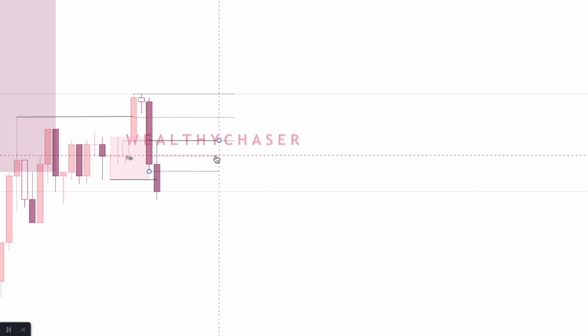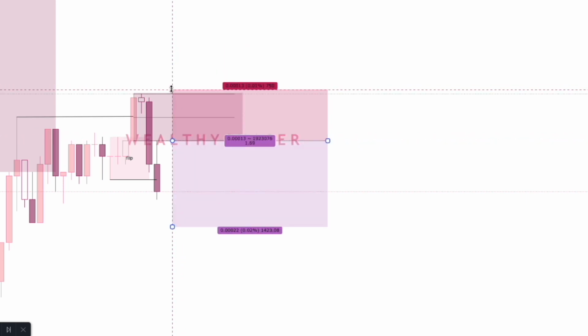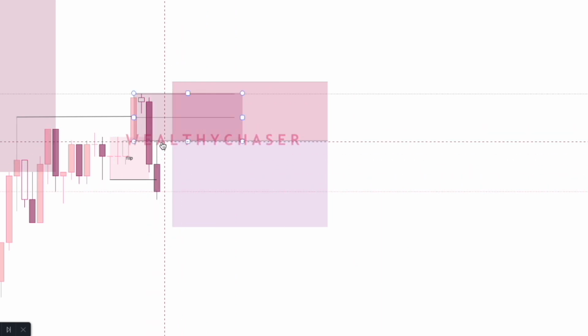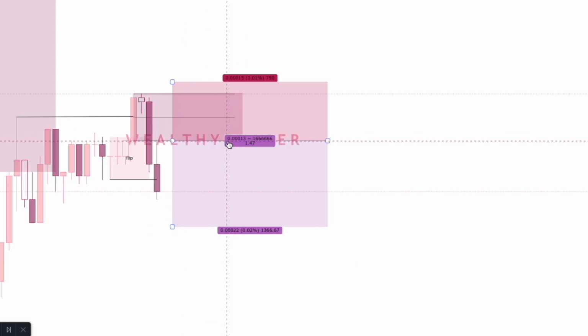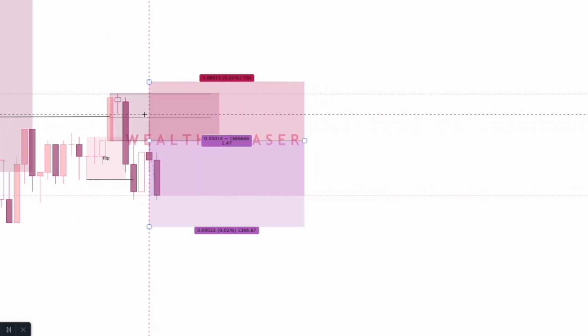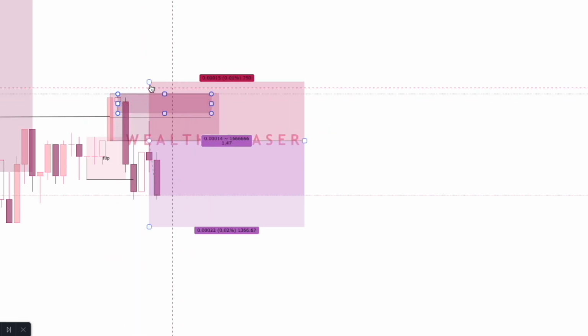So nose on for me here. This was the supply I had, and this is where I placed my entry. Obviously, attention, I only placed this entry after this break, so I wouldn't be tagged in here because I only placed the entry after. Price came to mitigate the entry. And see this: if I was waiting for this little candle here because I'm too greedy to take the whole buy to sell zone, look what would happen. I wouldn't be tagged in here.